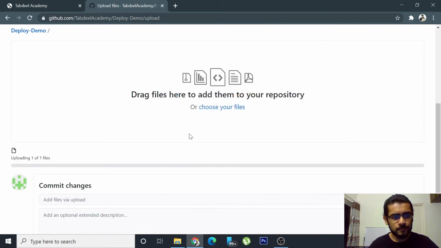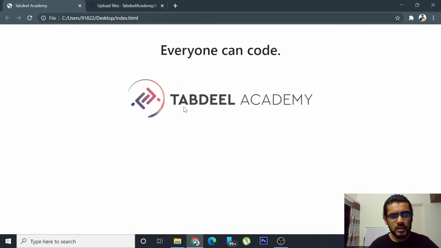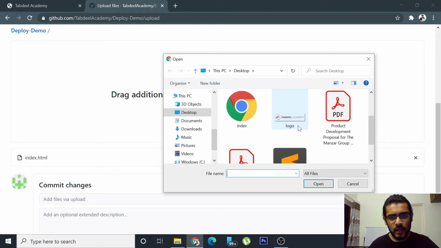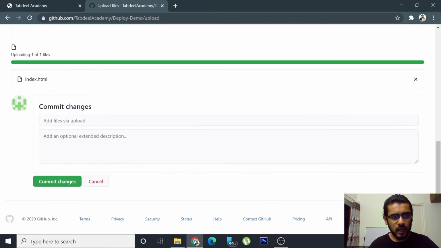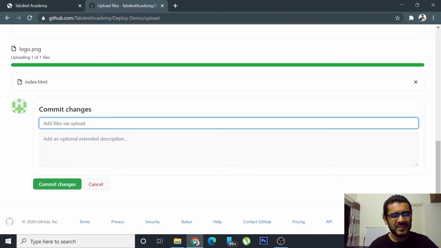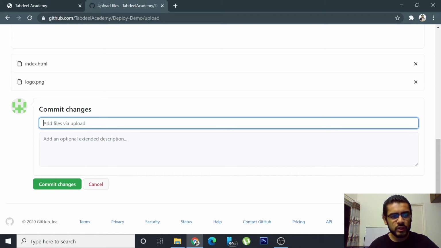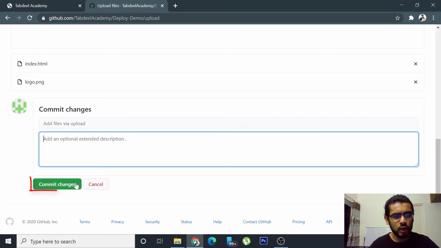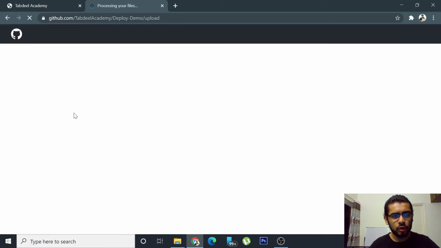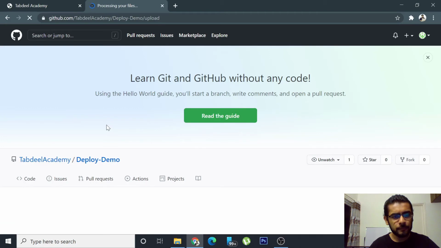So I will select that, and I also have an image, like you can see, so I need to select that as well. So choose your files again and pick the image, and that should work fine. And then one final thing that we need is to commit. So commit in GitHub's terms is save. So just like we save a new change or save a file on our system, we commit it to GitHub. You can either type something in or leave it default, and then you can just commit changes. So this will now upload both the files to our repository.